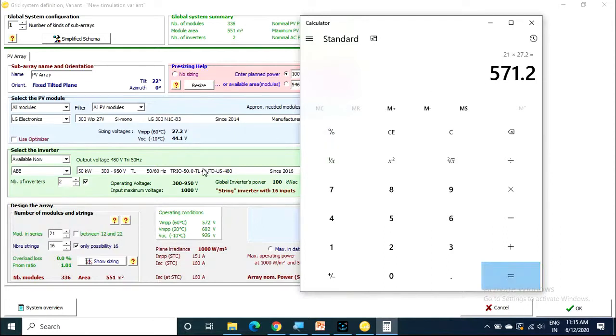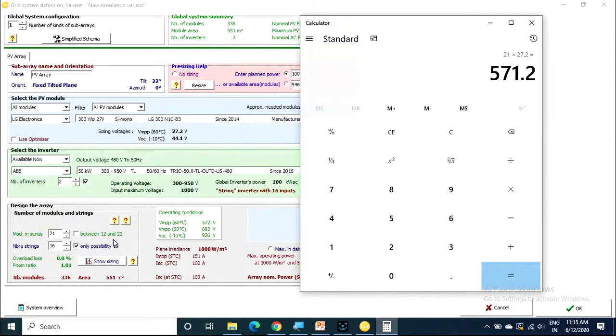This 571.2 is in between the operating voltage range of the inverter, 300 to 950. Right. So it is satisfied. This 571 is in between the operating voltage range 300 to 950, so it is proper sizing, right?